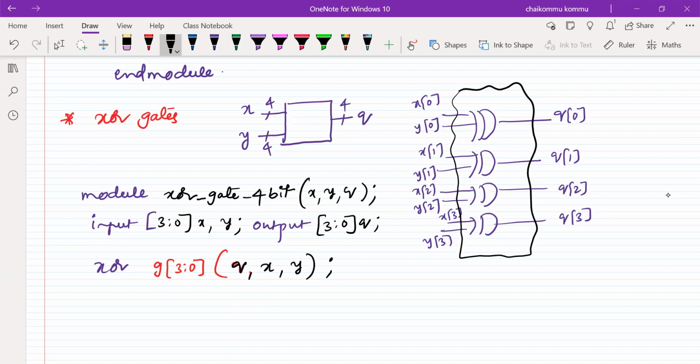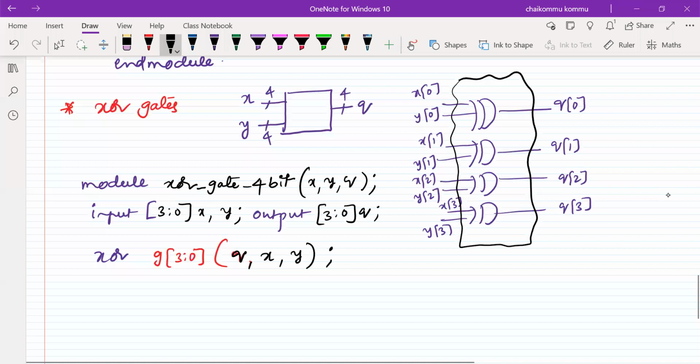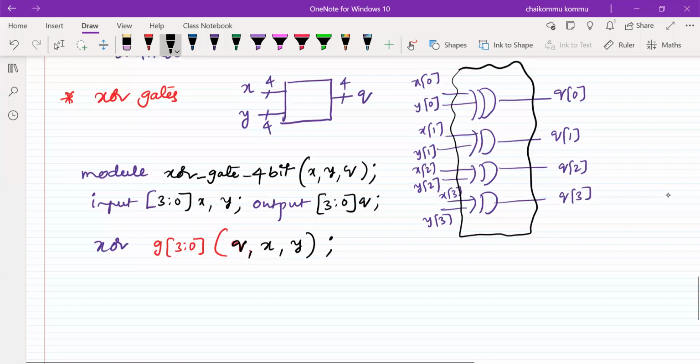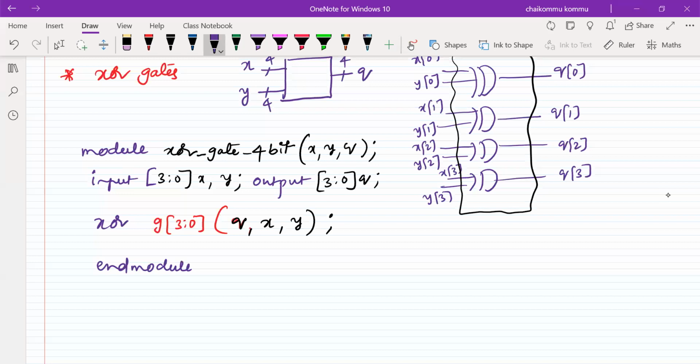See, Q is 4-bit size, X is also 4-bit size, Y is also 4-bit size. Immediately it can do that one. So that is the advantage of using the array of instances. Whenever you are writing Verilog modules, we have to choose the best possible way to reduce the number of lines. We have to use all the provisions that are available in Verilog. If we don't know the array of instance concept, it's not possible to write this one. Otherwise, we have to write lengthy code.